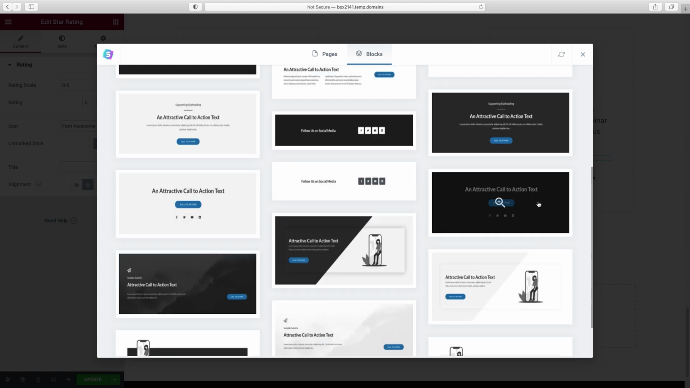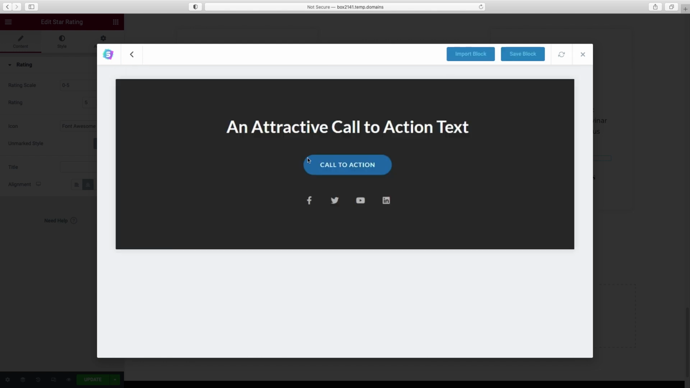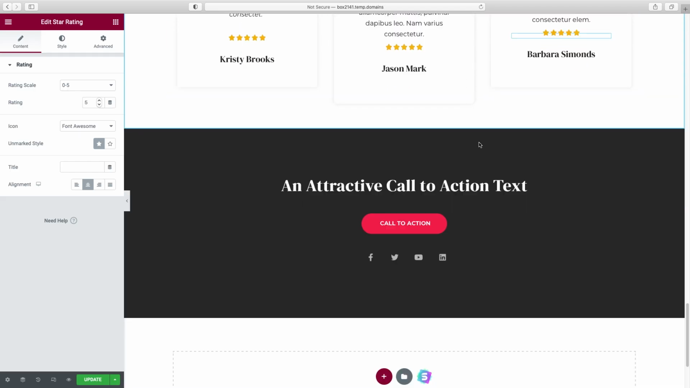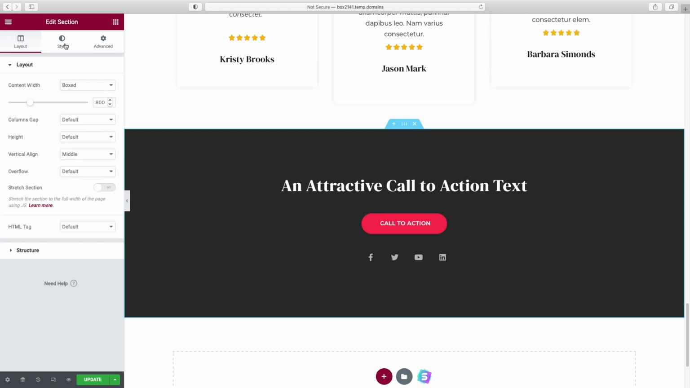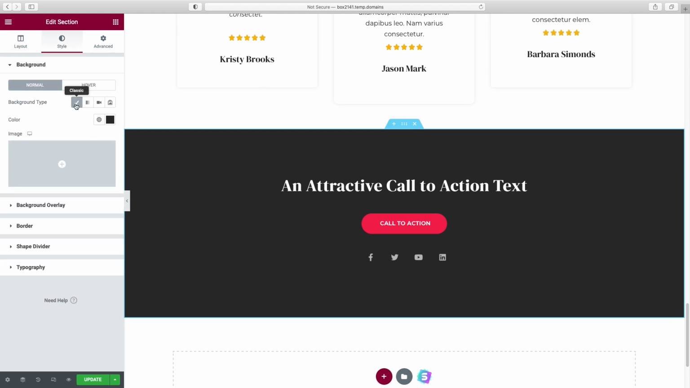And I think something like this is probably going to be good. So I'm going to click on import block. Now I said it's going to be cool because of what we're going to do in the background. So remember I teased earlier, I'm going to show you how to do a video background. So you're just going to click the section under style. And then under background type, rather than classic where you can choose a color or an image, we're going to